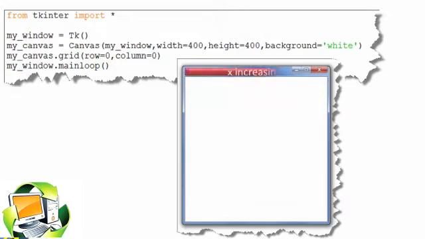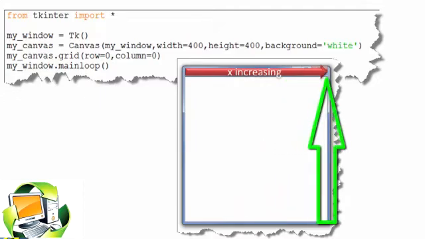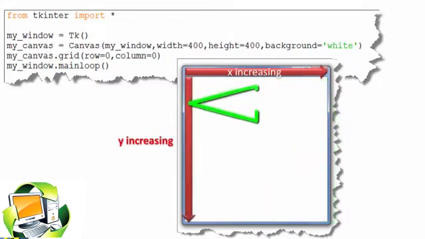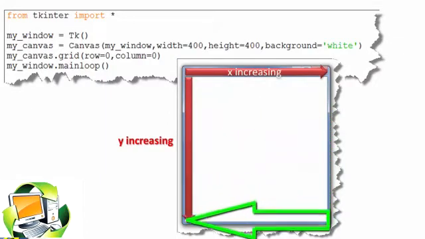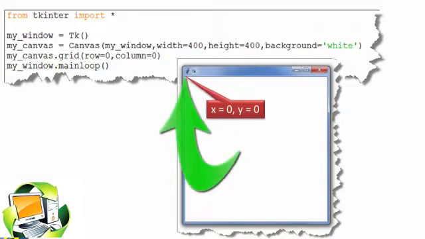Here we have the X increasing in the following direction. If we move in the direction of the arrow, the value of X increases. Now the Y coordinate increases in the downward direction. It is just like an upside down graph. If we look at the top left corner, the coordinates are X equals to 0 and Y equals to 0.